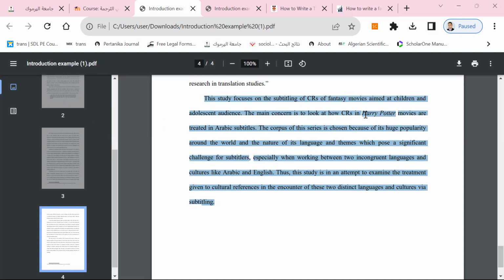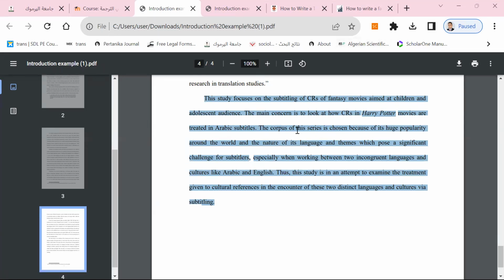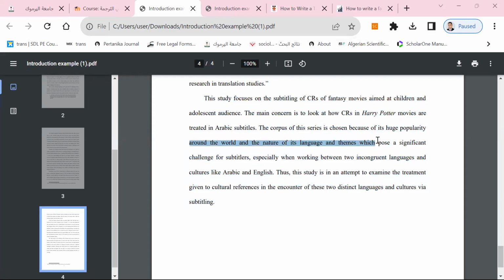The main concern is to look at how cultural references in Harry Potter movies are treated in Arabic subtitles. The corpus of this series is chosen because of its huge popularity. He's providing us with a justification for choosing the corpus of the study around the world and the nature of its language and themes, which pose a significant challenge for subtitlers, especially when working between two incongruent languages and cultures